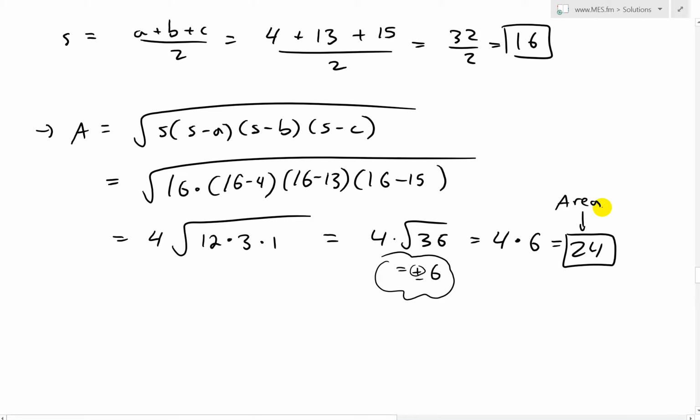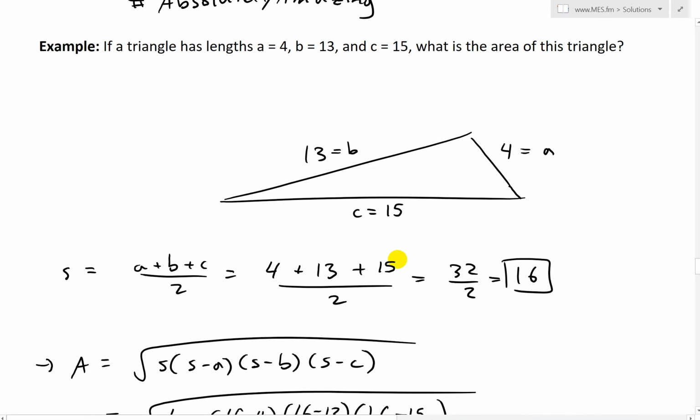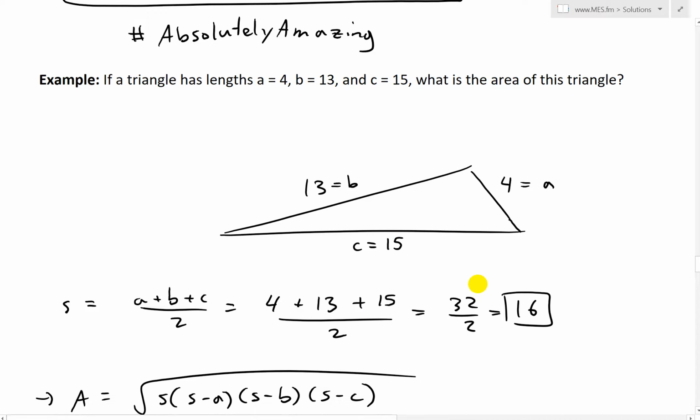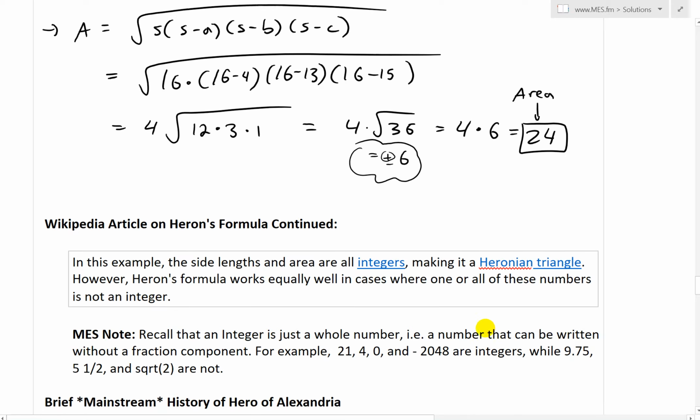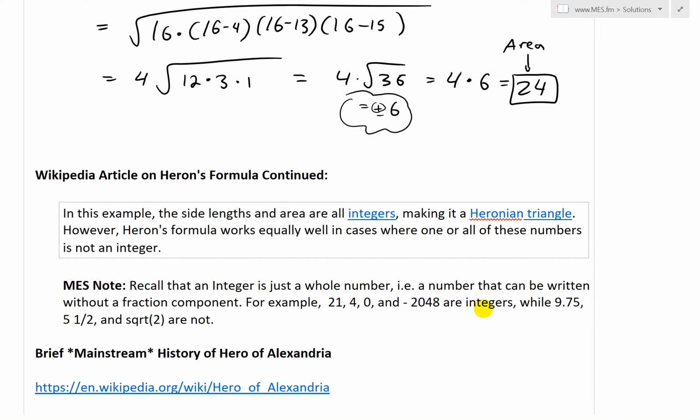And there we have it. Absolutely amazing stuff like that. So we calculate the area of a triangle just by knowing the sides and applying that formula. Absolutely amazing. And now if we continue that Wikipedia article on Heron's formula, basically after this example, it said,